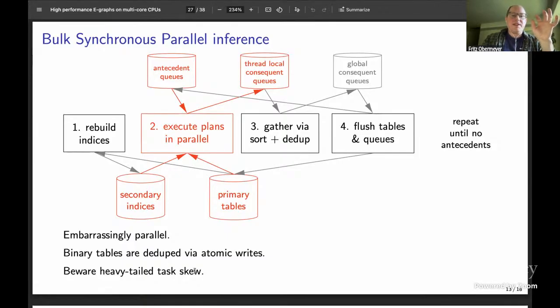A couple notes I want to make: early on, these mutation buffers, these thread local consequent queues, were taking up a lot of memory. Because there are many ways to prove a fact, there can be 1,000 different ways to prove any one fact. So one way to deal with that would be to hash them. But again, I am very averse to random writes. I try to avoid hash tables whenever possible. So instead, I wanted to use a sequential log of new facts that were learned. The sequential log was getting really big and using up a lot of memory.